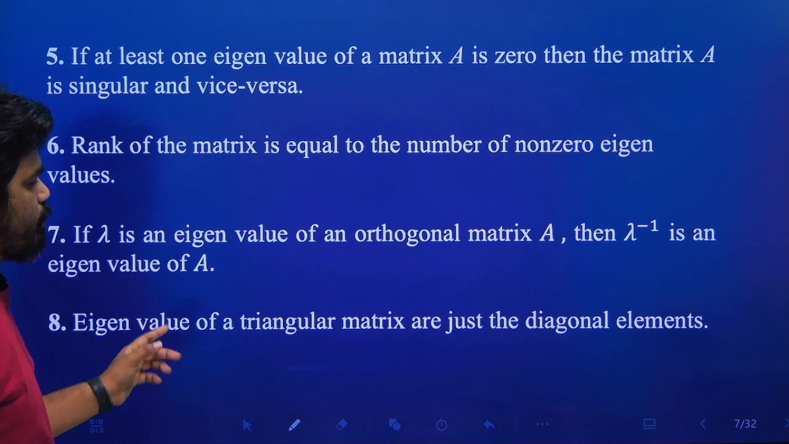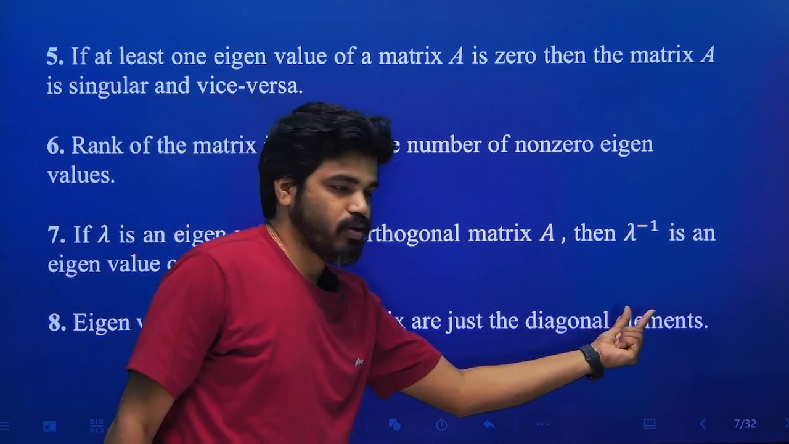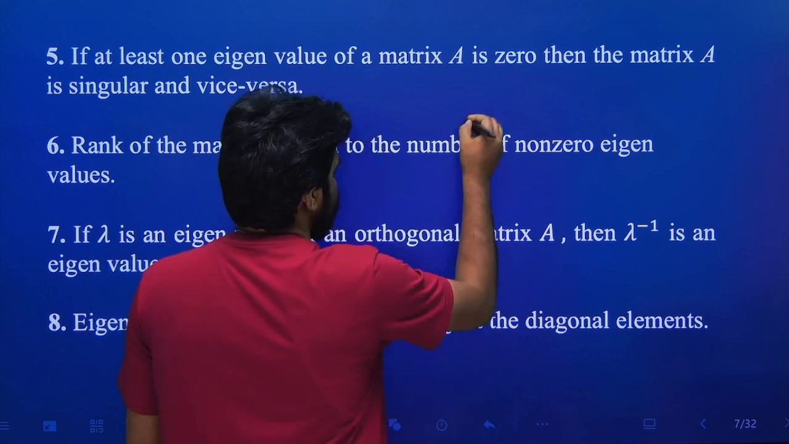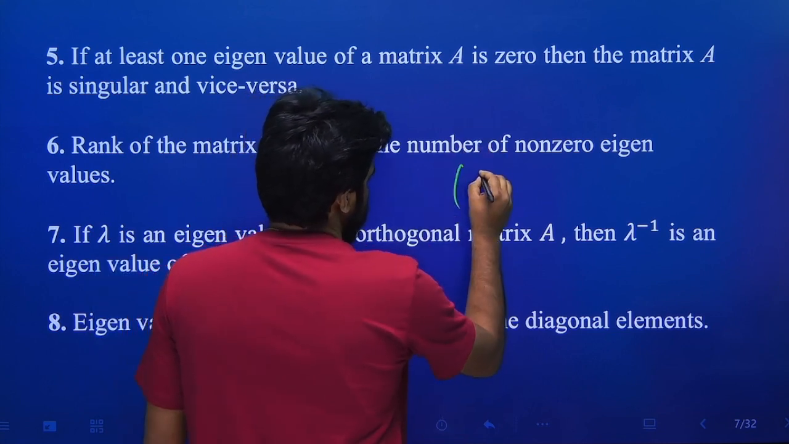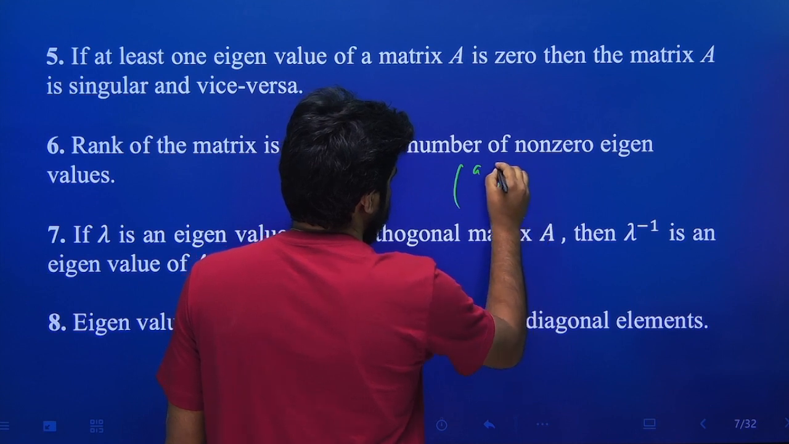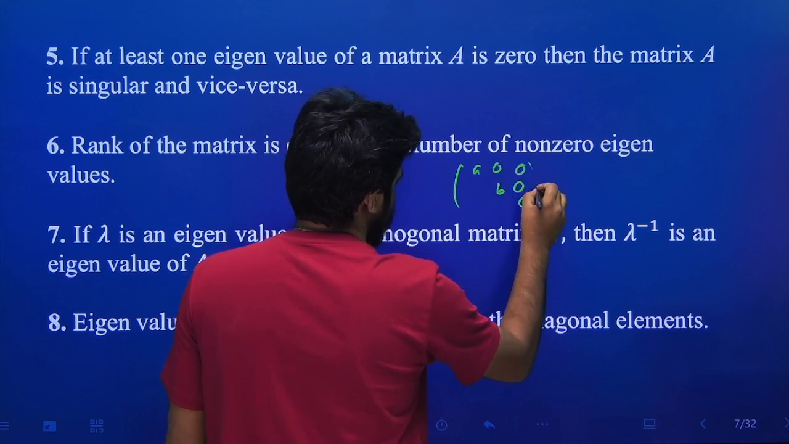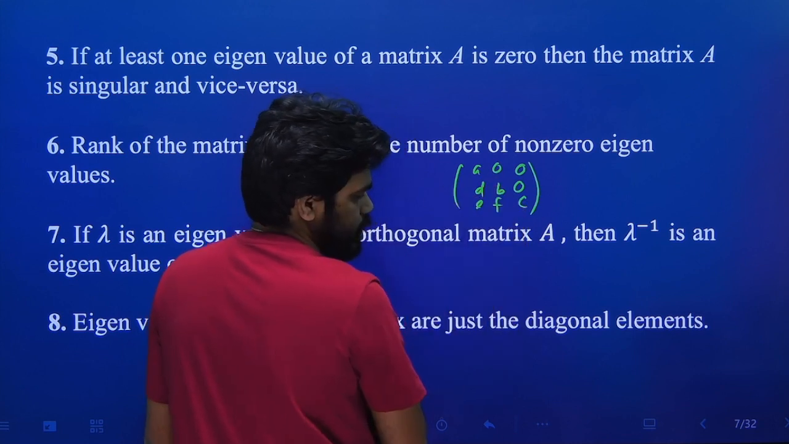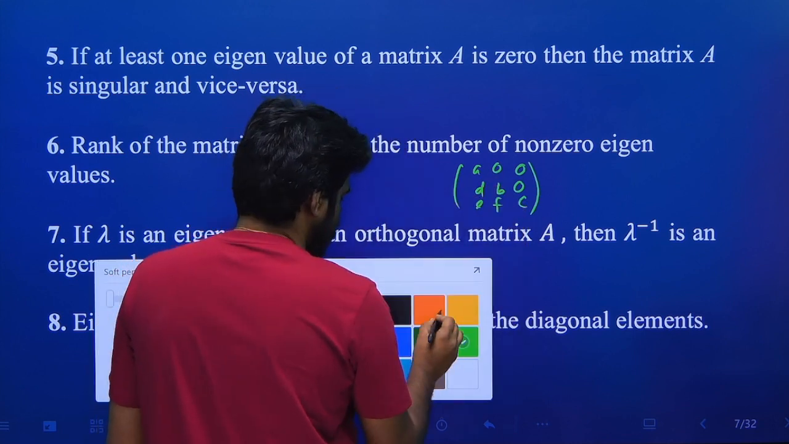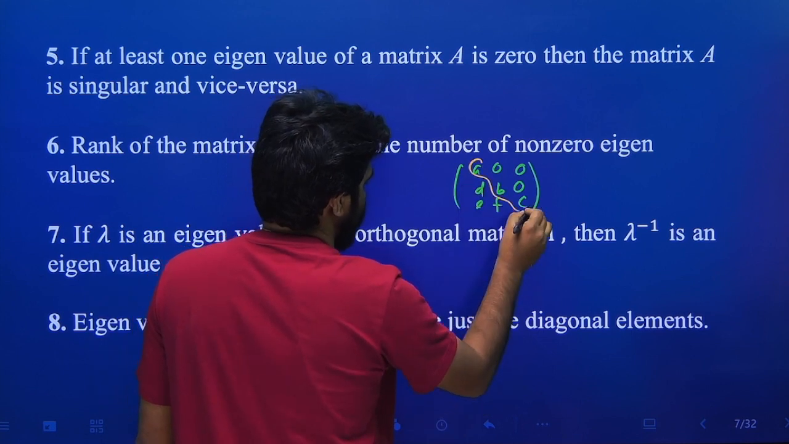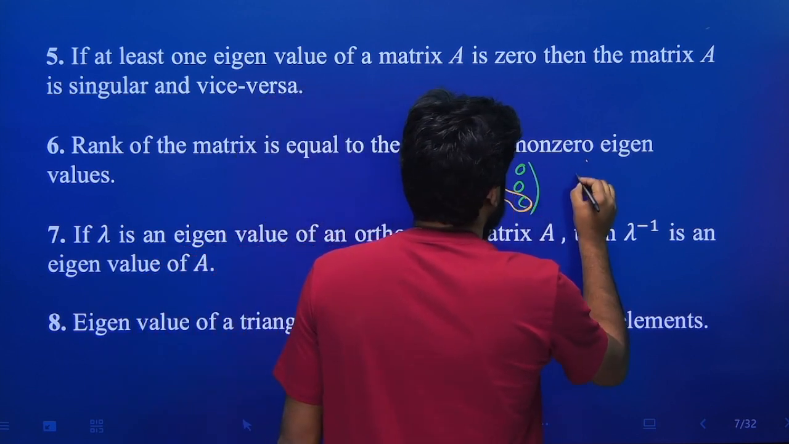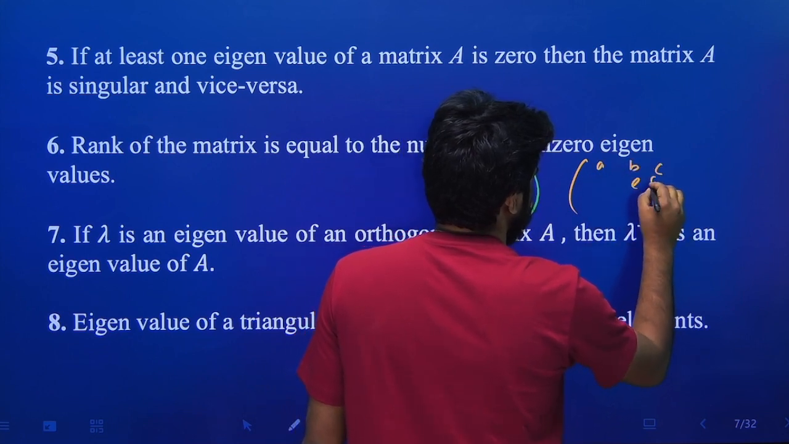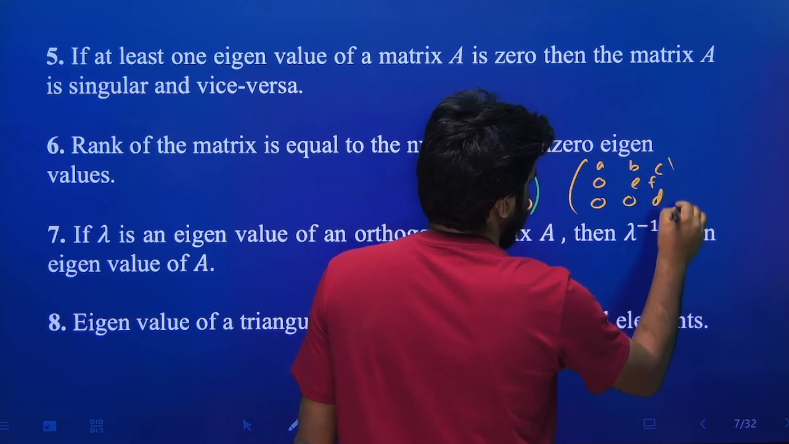eigenvalues of a triangular matrix are just the diagonal elements. Triangular matrix, that means upper triangular as well as lower triangular. Suppose A B C, ঠিক আছে, 0 0 0, suppose this is D E F, this is a lower triangular matrix, right? This is a lower triangular matrix, তাহলে এর আইগেনভ্যালু গুলো কি হবে? জাস্ট ডায়াগোনাল এলিমেন্টস গুলো হবে. Similarly, if we consider upper triangular matrix, suppose this is upper triangular matrix, so what